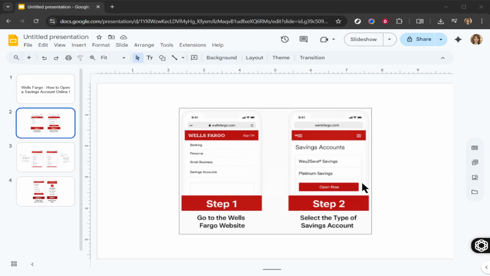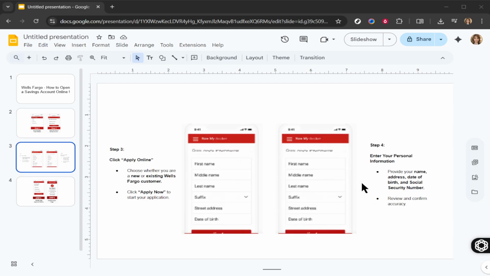This step is crucial as it directs you to necessary forms that you'll need to fill out with your personal information. Be ready to provide essential details like your full name, mailing address, date of birth, and your social security number. It's vital to enter this information accurately, so take a moment to review and confirm that everything you've typed